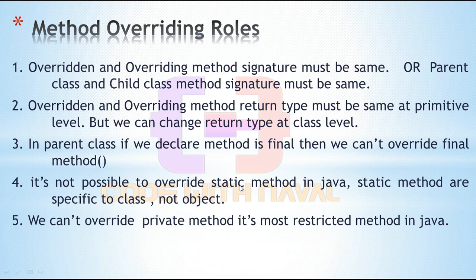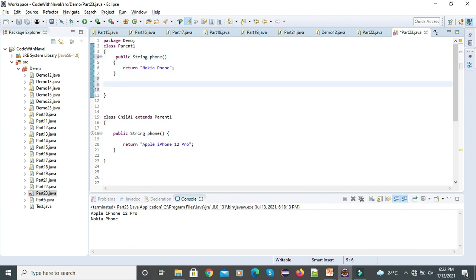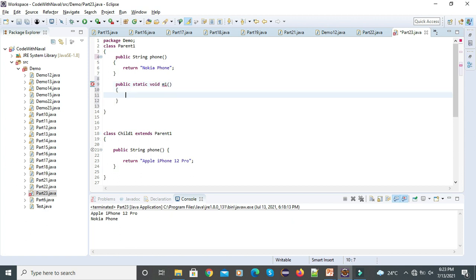It's not possible to override a static method in Java. Static methods are specific to the class, not the object. Let's try it. Let's add a static method. I'll simply create one more method, public static void m1, and here we simply print System.out.println, parent m1. Let's save this.